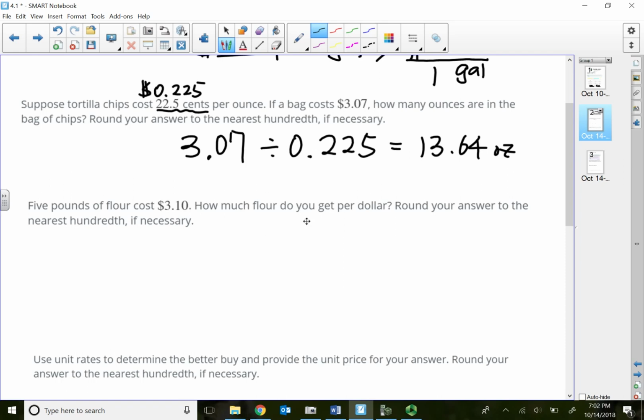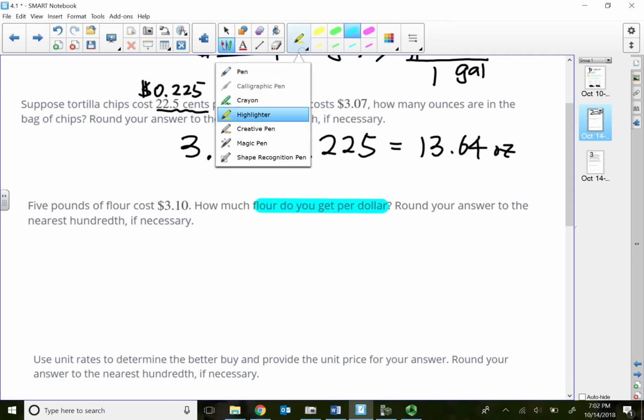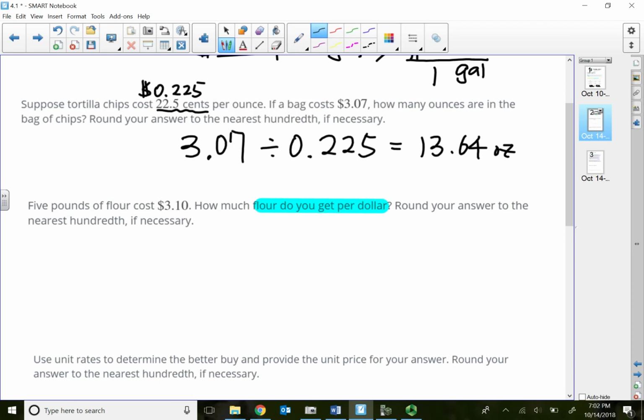So how much flour do you get per dollar? This is tricky. That's a comparison of how many pounds of flour as compared to dollar amount. So I need to put my entire 5 pounds of flour on the numerator, divided by the